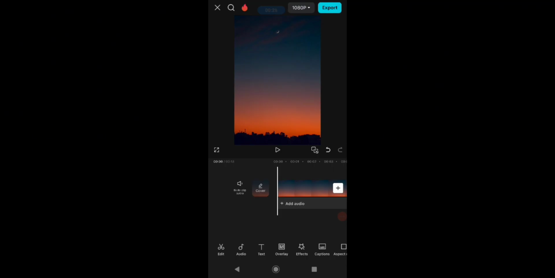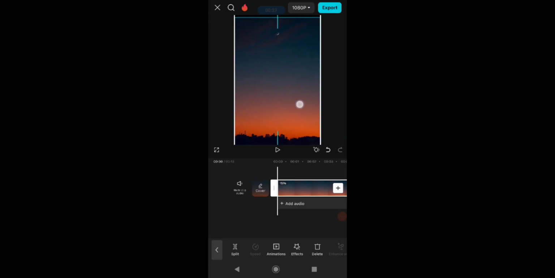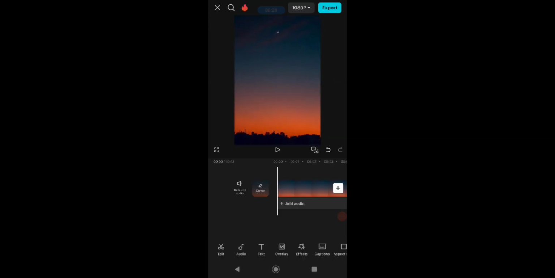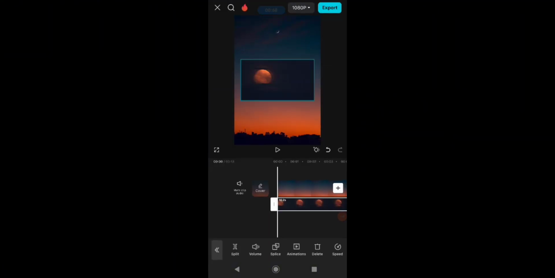I already prepared this picture. And the way to make it is just like this. Now you need to open it, and then on the toolbar you can see there's an overlay button here, and then click it and add the overlay. And I already prepared this moon video, and then click add. Now as you can see, the video is already added to the